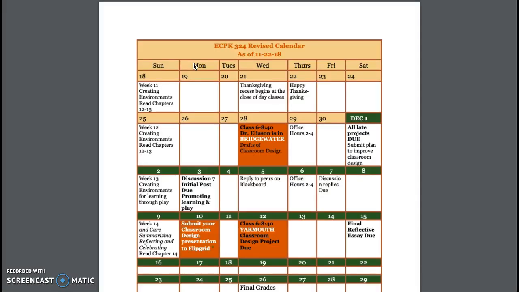I decided to revise the calendar, and the changes I made are in the orange blocks, particularly the white letters are what you need to pay attention to. I decided to switch the classes so that I'll be in Bridgewater on the 28th, and the reason for that is I need to do course evaluations. I also think that doing 16 drafts long distance via the televised system will be very difficult. So I will be in Bridgewater on November 28th, and I will be at Yarmouth for the last class on